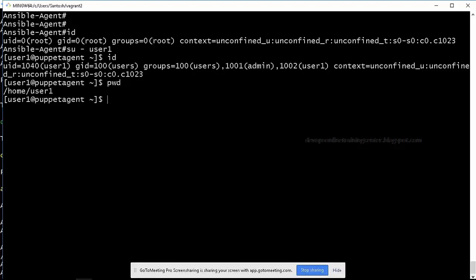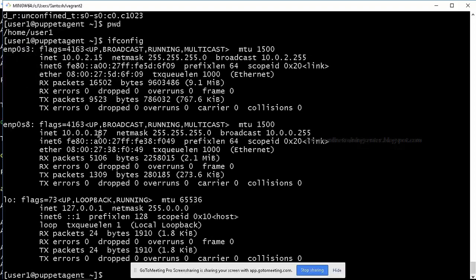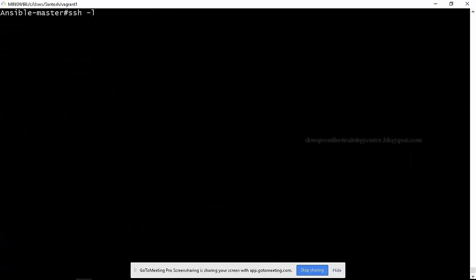I created a user and logged in as the user. And what is the password? By default it is root123. If you try to log in from another machine, let us try that as well. I'll try to log into the agent from the master using ssh -l user one. This is the IP of the agent, or I can simply type agent.